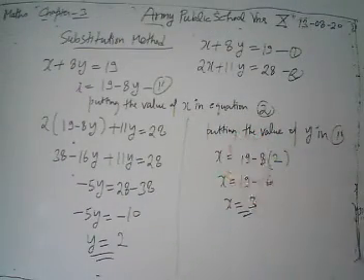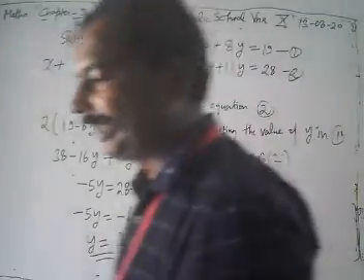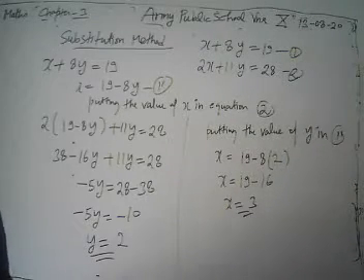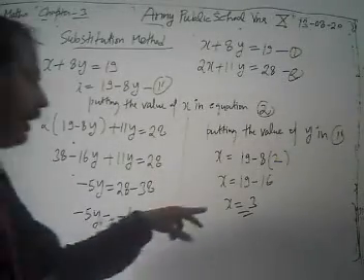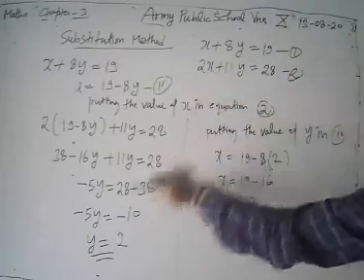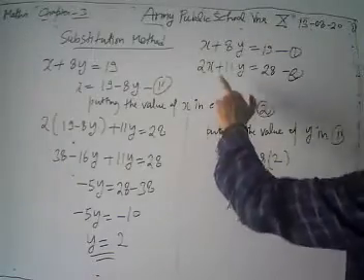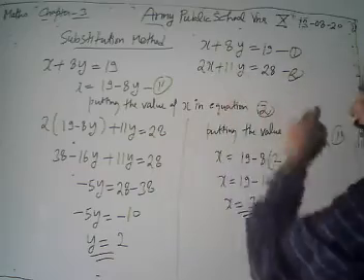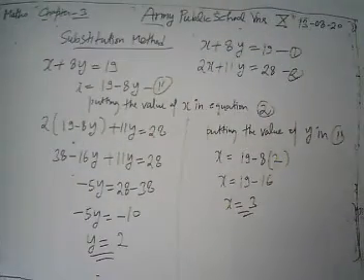After solving and getting the values x equal to 3 and y equal to 2, you can verify your answer very easily, to see whether you are doing it correctly or wrong. We put x is 3 and y is 2: 8 twos are 16, 3 plus 16, we get 19. 2 threes are 6, 11 twos are 22, 22 plus 6, 28. Yes, our answer is correct, the values of both x and y are correct.